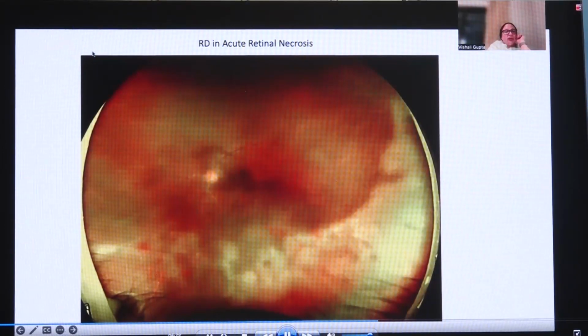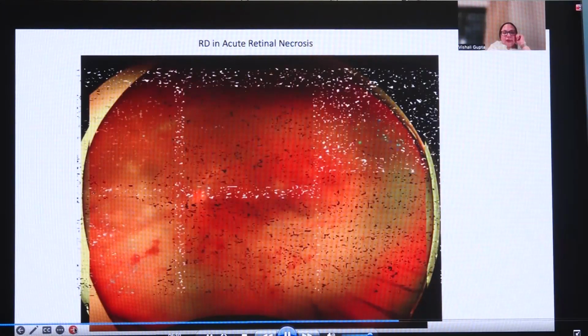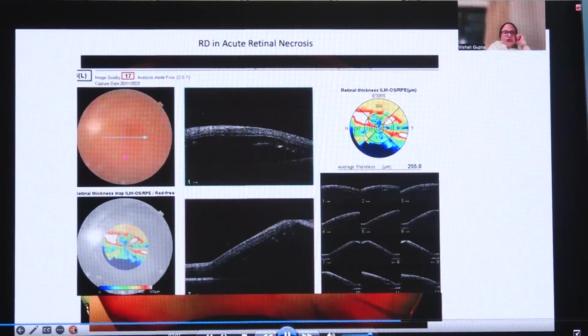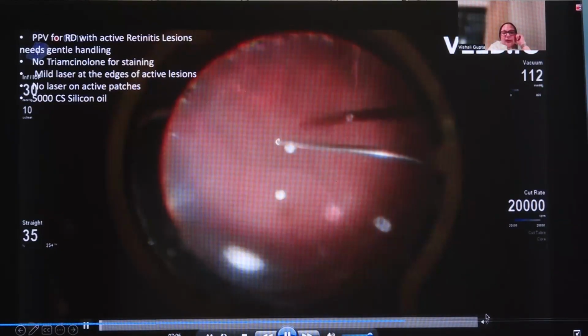Many times the vitrectomy is because of the development of retinal detachment, and many times this detachment comes in acute retinal necrosis, and these days we are seeing it appearing very early in the course of the disease. For example, this patient after 4 days on IV acyclovir developed the retinal detachment, which was confirmed. Now these are the patients where we actually have to